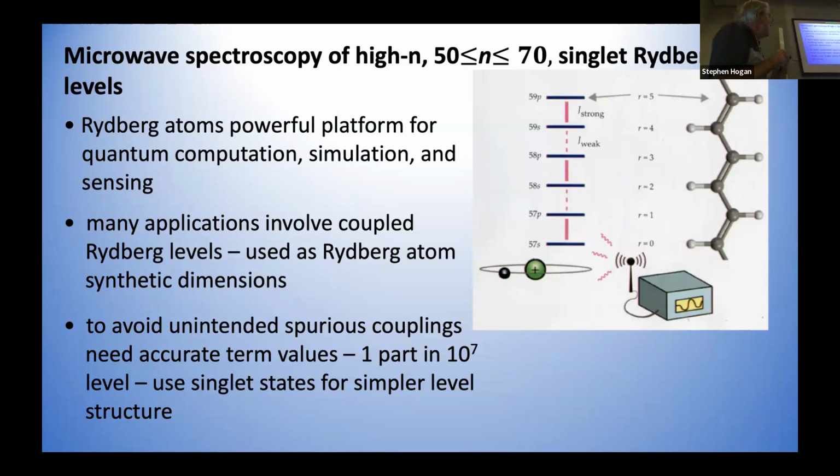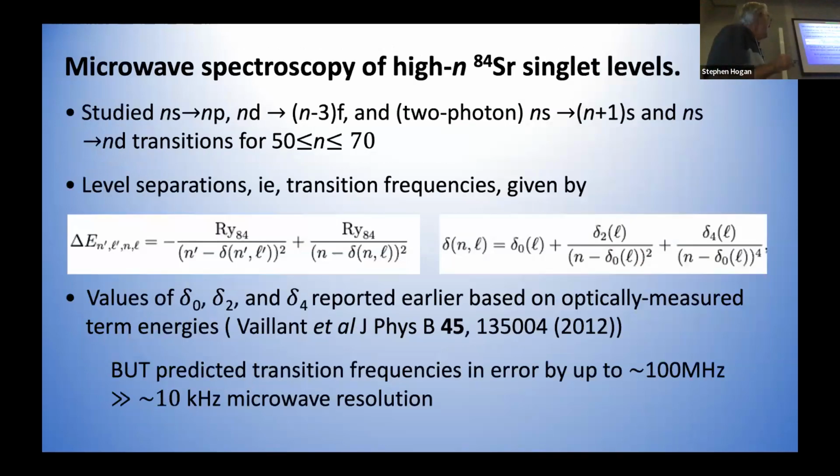Our goal is ultimately to extend our measurements to many more levels, so you're becoming much more like a many-body system. To do that, we have to avoid unintended consequences, such as spurious couplings between different levels. It might happen that a single-photon transition somewhere up here would drive a 2-photon transition. We want to make sure that doesn't happen because we get spurious couplings. So what we do is microwave spectroscopy on these levels.